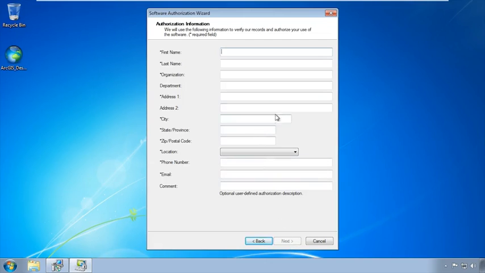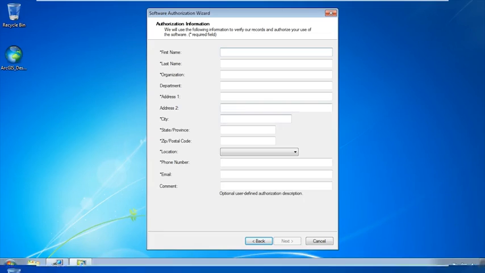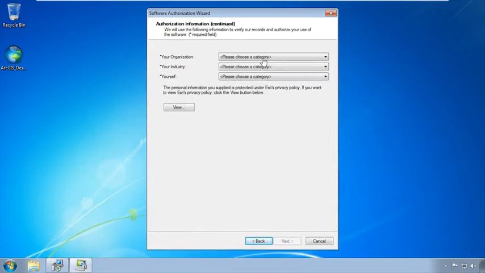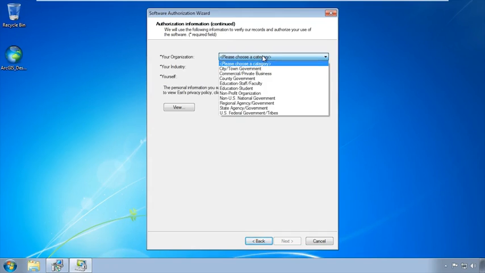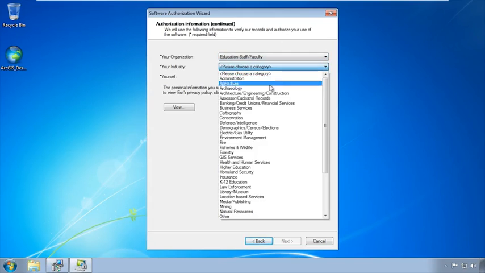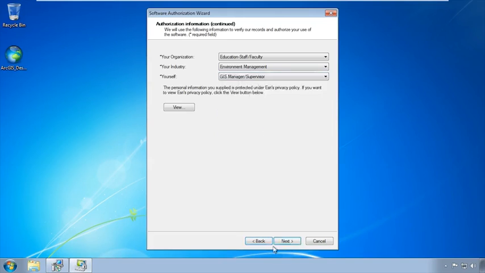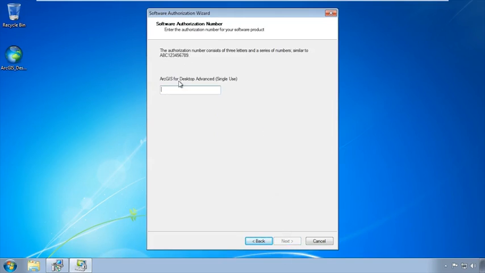And here's where we need to put all that information in that we put in earlier. So I will put that in now, and then I'll click next. And once I'm done filling in that information, I'll get this screen here asking for my organization, my industry, information about myself. This is just for Esri's information on who's using the software. It's not to validate your license anymore. So I'll put mine. Click next. And once again, it's asking for that authorization code. So I'll put that in here